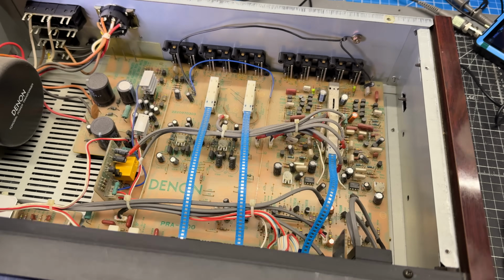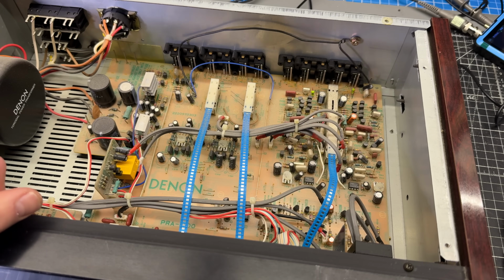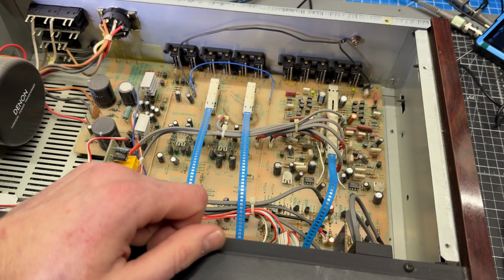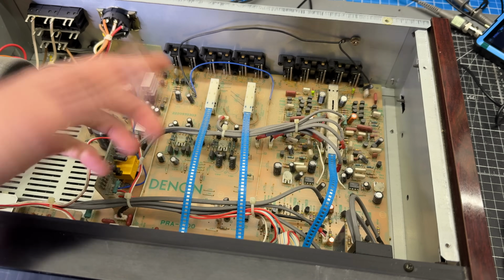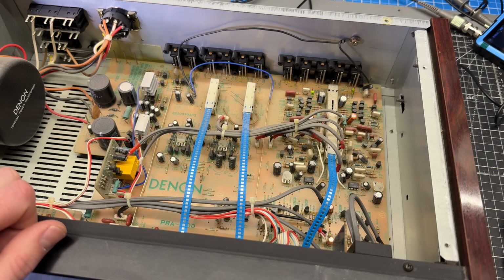This looks like a single board design. It should be pretty easy to find what we're looking for here. We have the power supply here. Looks like phono stage maybe in this area combined with some of the tone circuit maybe. This might be the noise reduction, I'm not sure. So we'll take a look at the schematic and see if we can come up with a good place to